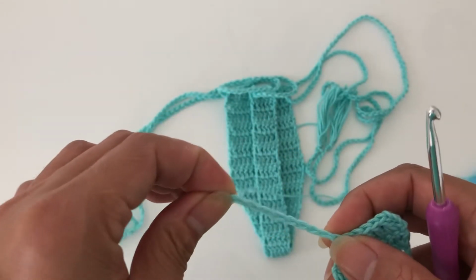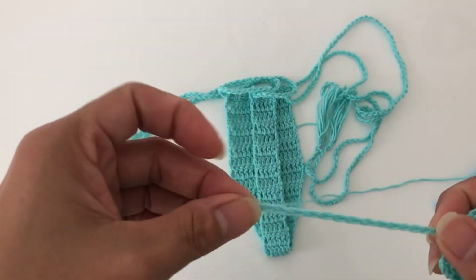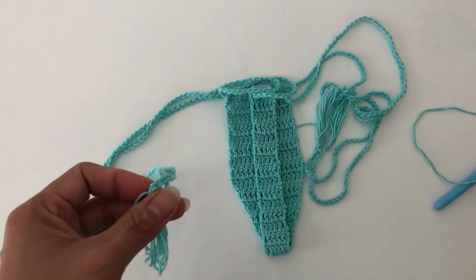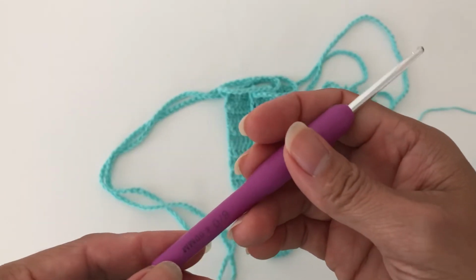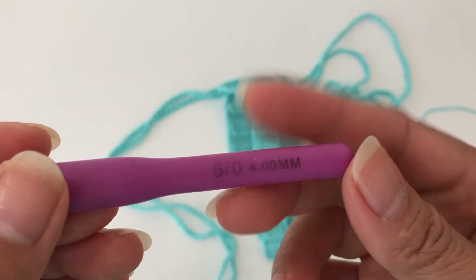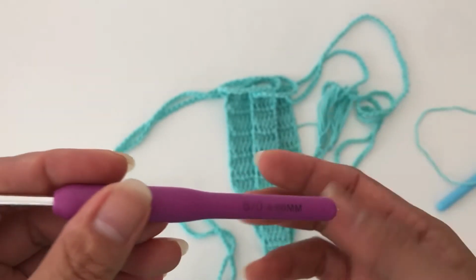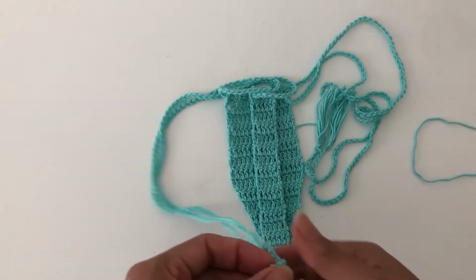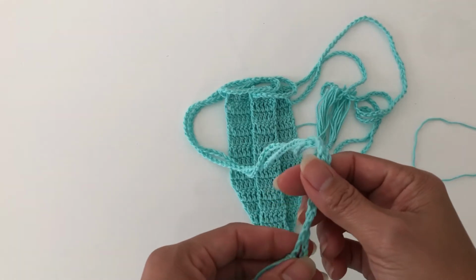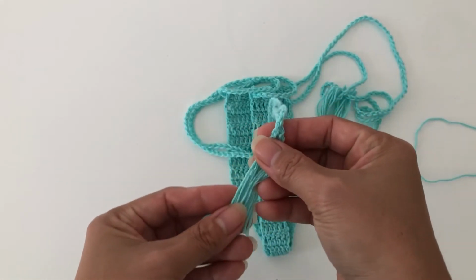It will be okay, but it's up to you if you want a bigger one. As I said, this one is a 4 millimeter hook, so just use a bigger hook. If you want, you can use 5 millimeter or something like that. And then with this one, with the tassels,